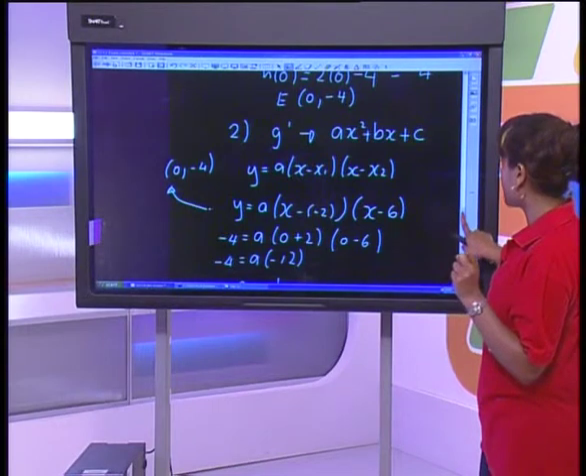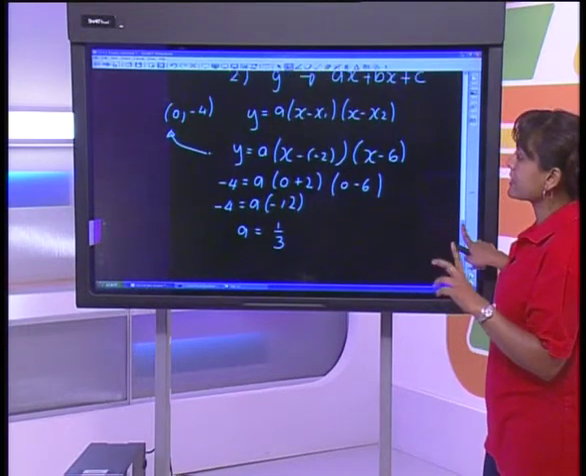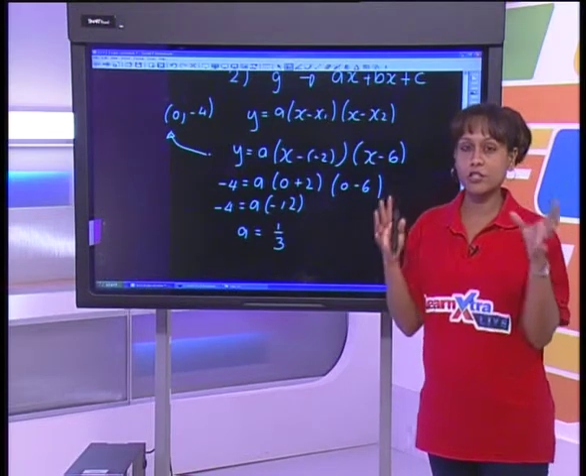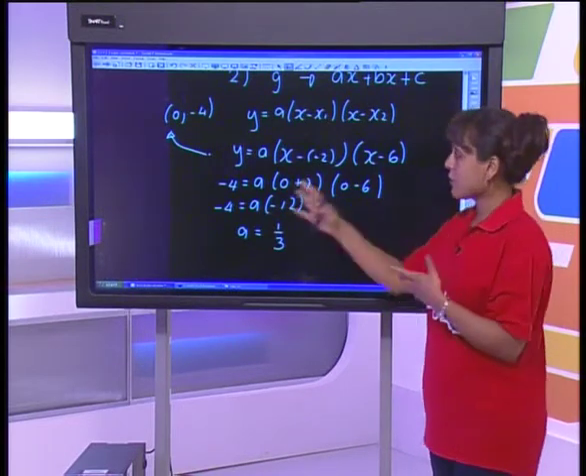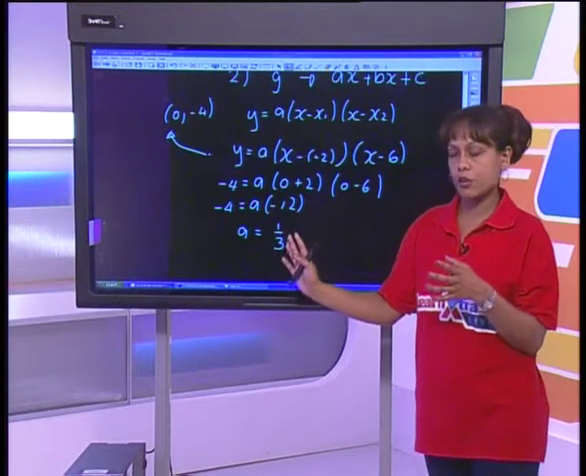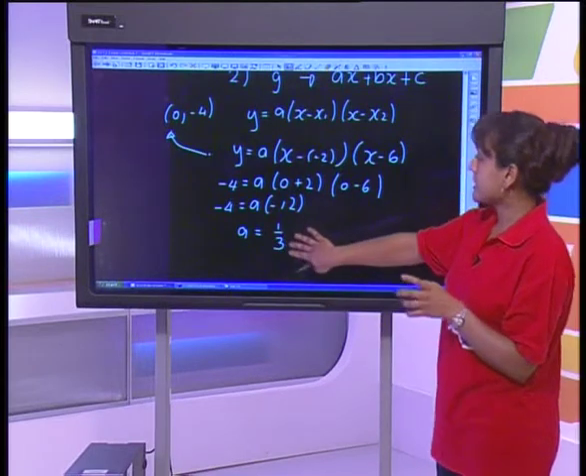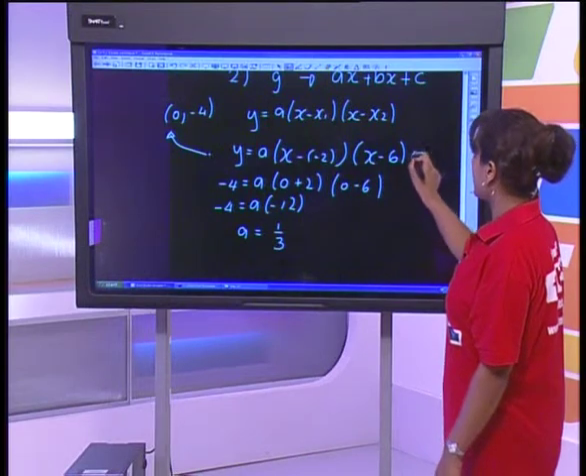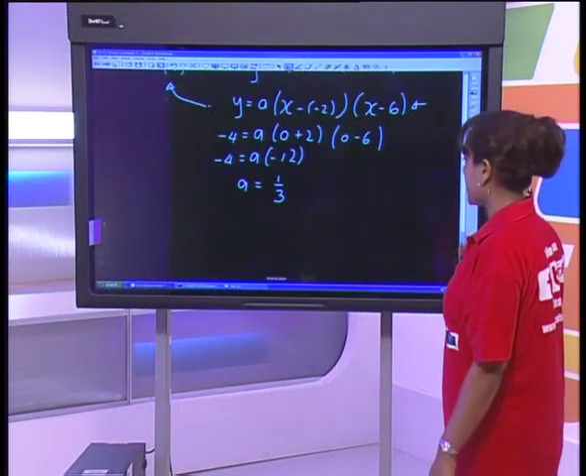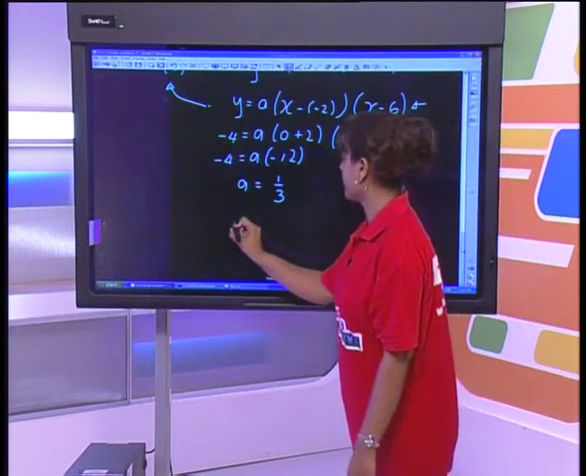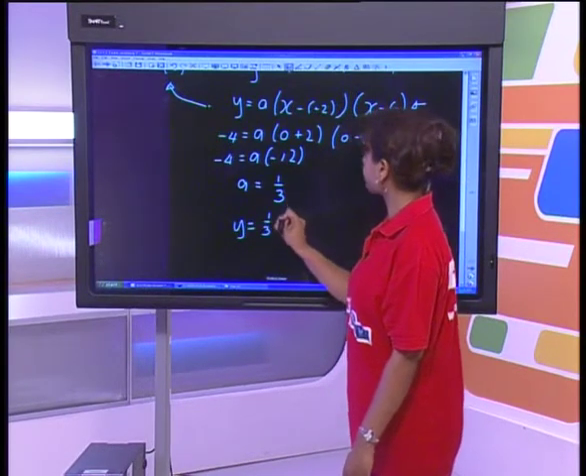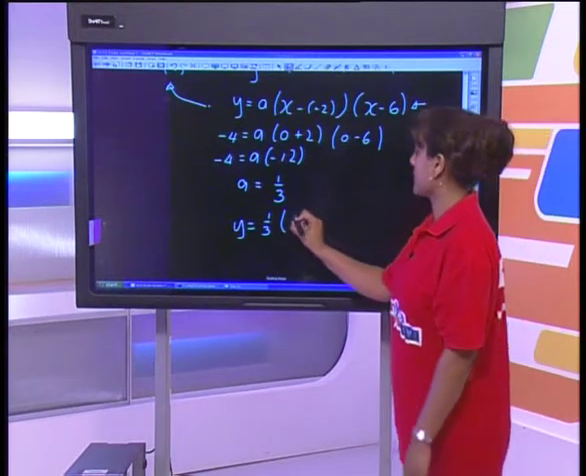Once we've got a, we are not done, because remember they wanted the equation of g dash x. They wanted the equation of this derivative graph. So we're not just going to stop by giving them the answer for a. We now need to take that value for a and put it back into this line here so that we can multiply it out and get the equation. So we'll get y is equal to a third times (x plus 2)